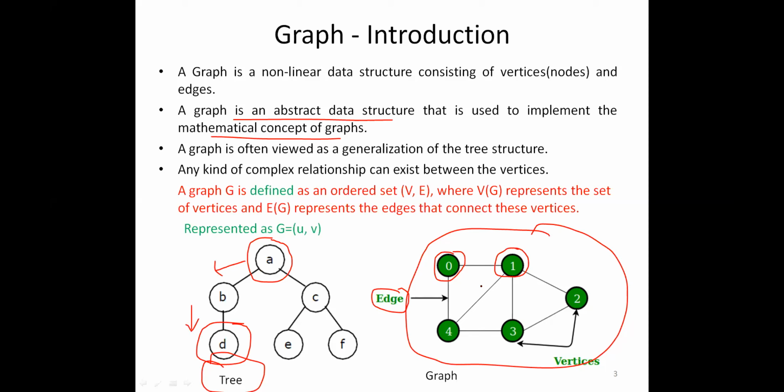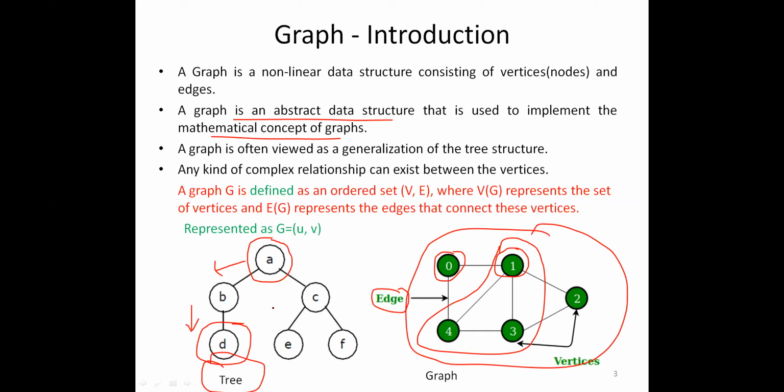It's not so in a graph. You can reach a particular destination node from any source, and you can have different paths to reach the destination. The other difference is that you can have a closed loop, or a cycle, in a graph, like 1, 4, 3, which is forming a cycle. Whereas you cannot find a cycle in the case of a tree.